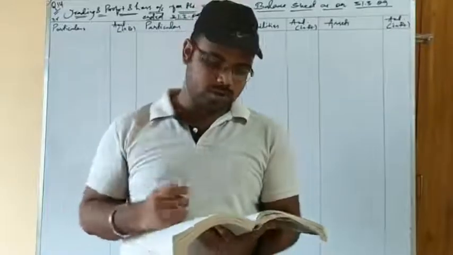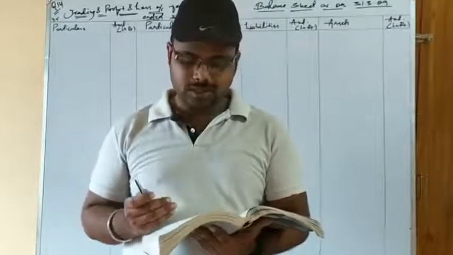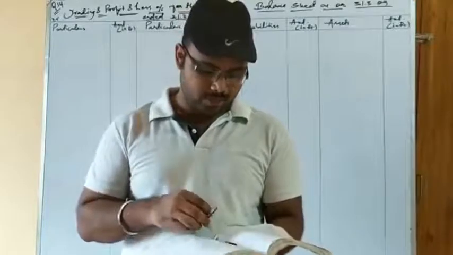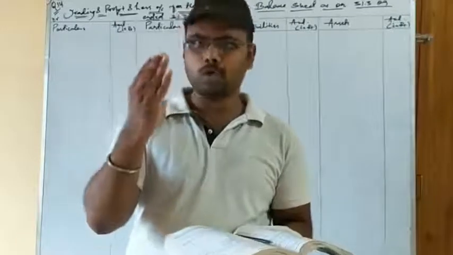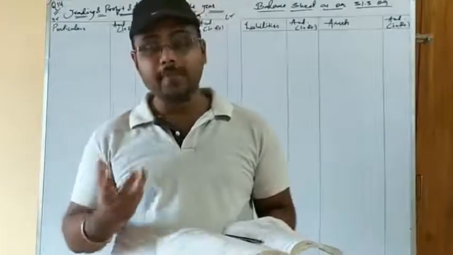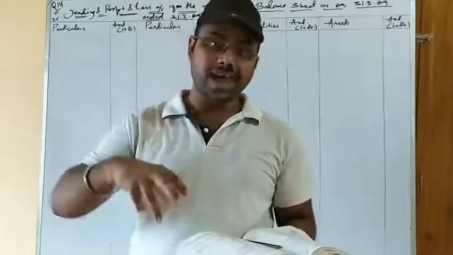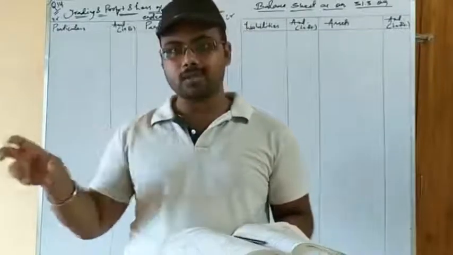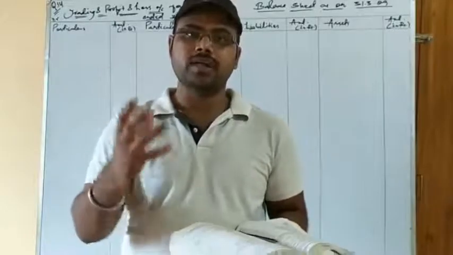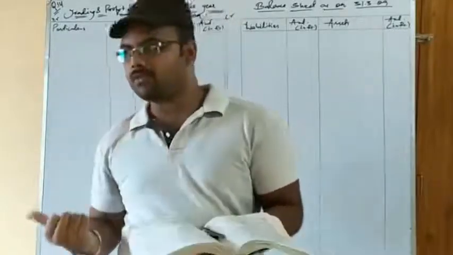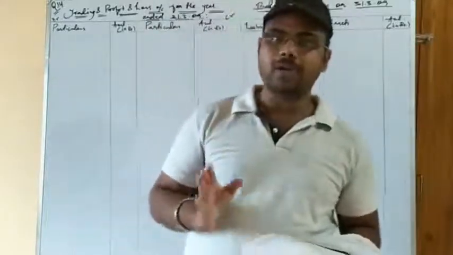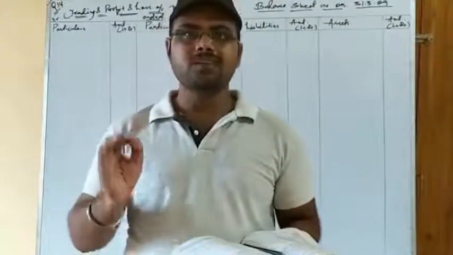Moving on to the third adjustment: write off 1,000 as bad debt and create a provision for doubtful debt at the rate of 5% on debtors. Students, till now I have uploaded two problem-solving videos on final accounts with adjustments, but I haven't solved any problem regarding provision, for which I have made an exclusive video that I uploaded recently, clearing the confusions regarding provision-related questions, that may be provision for debtors, for creditors, provision for doubtful debt, bad debt. So I have already uploaded a video regarding provision-related issues.